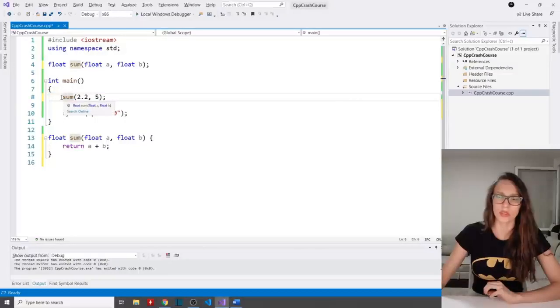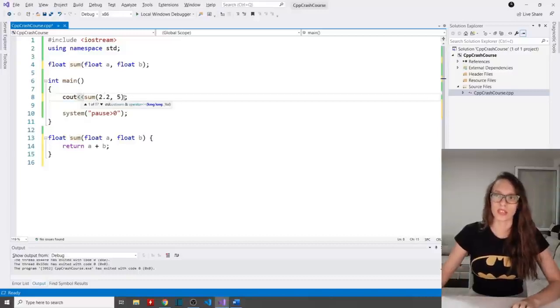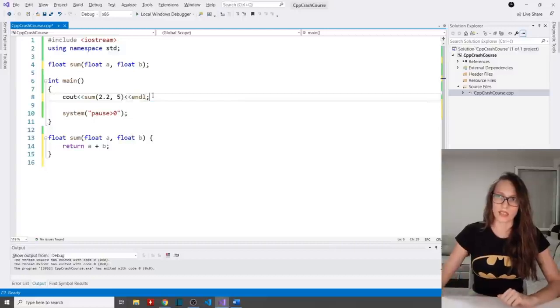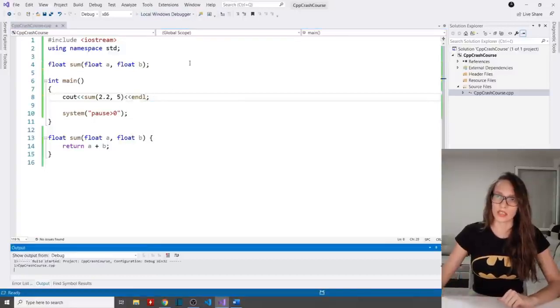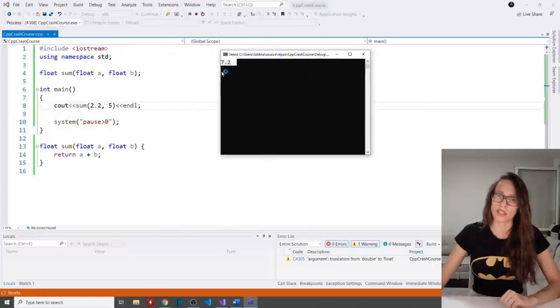So I want to write out the result of summing these two numbers. And for that, I say cout and then write out the result. And let's add endl at the end. And if I run this, as you can see, it has written out the result of 2.2 plus 5.